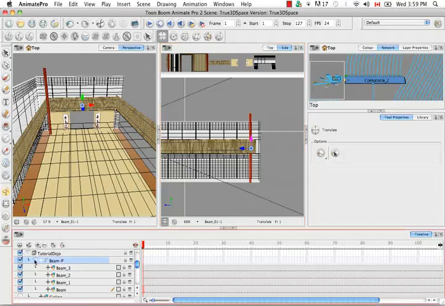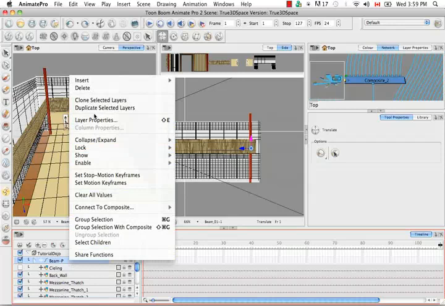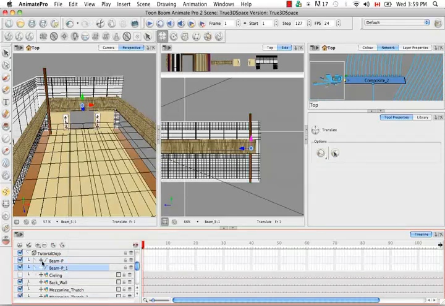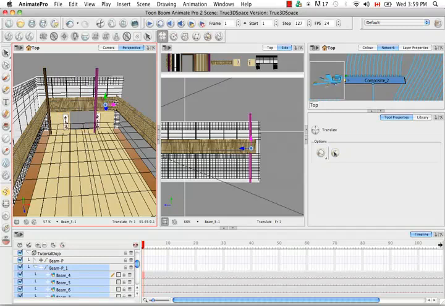So I'm going to right click and say duplicate selected layers. And now when I uncollapse this, you'll see that I have a second version of the beam. And if I click on this arrow here, I can pull that version across. And so it's really fast and easy just to make duplicates and pull across, make duplicates and pull across,